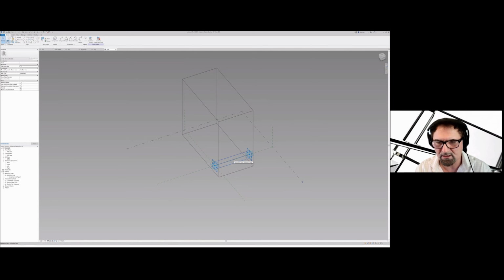Some arbitrary length here, 10, 50 feet, it doesn't really matter because this reference line will be hosted by the actual alignment start and end point in Revit that will be synchronized, and we keep it updated from Civil 3D. So having done that, I'm going to close this Revit.